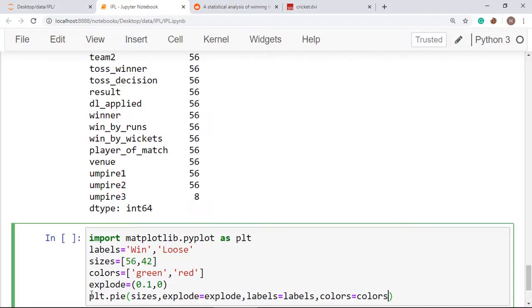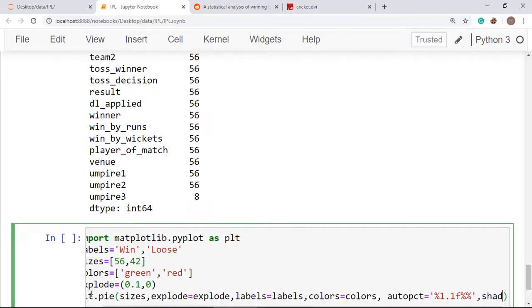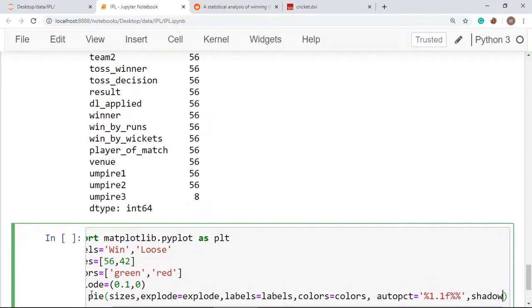All right. So this is our thing, and now I want to put autopct equal to percentage 1.1f, means I want only one decimal place after the decimal. So I am using this, and I want a shadow also. So I am putting shadow is equal to true.